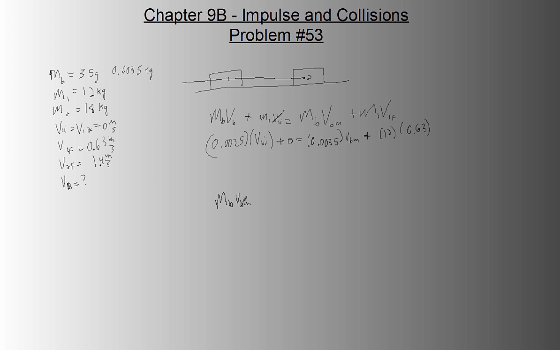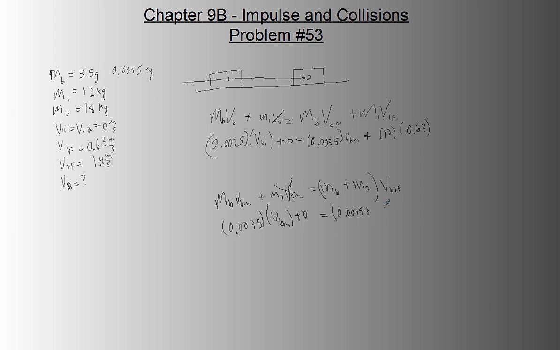So that's VBM, the velocity of the bullet in the middle here, plus M2 V2 initial, which is 0, equals, oh, they stick together, so you just do MB plus M2 times velocity final, which is really this: 0.0035 times VBM plus 0